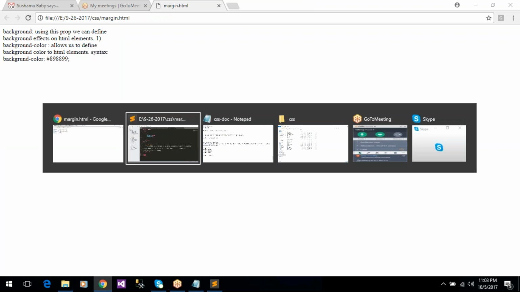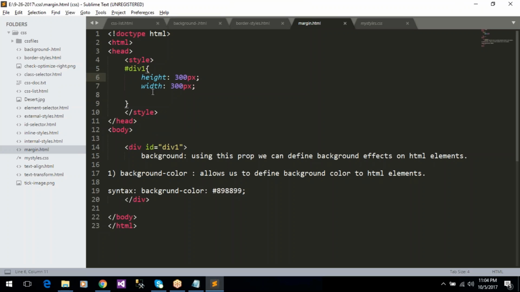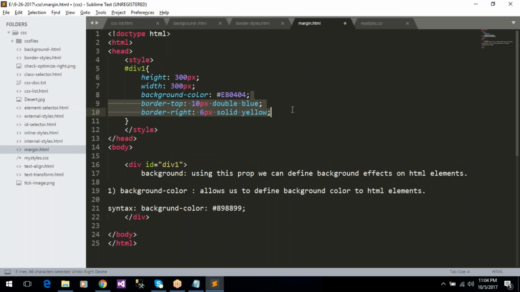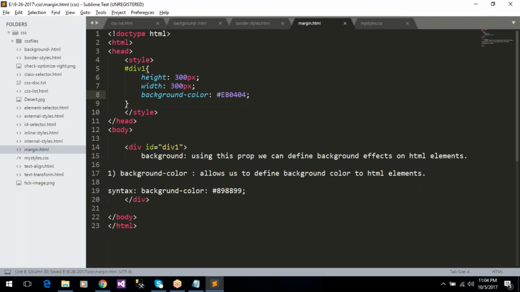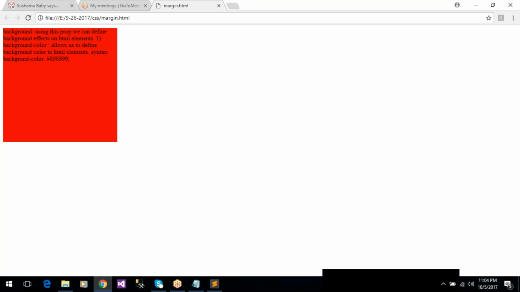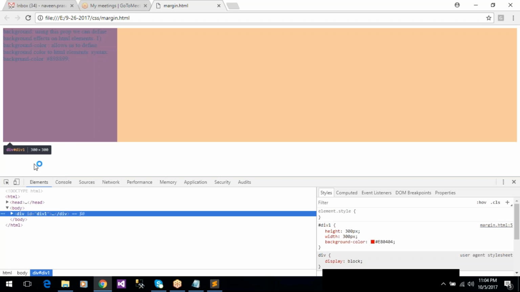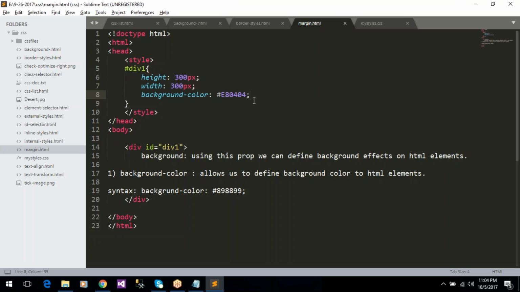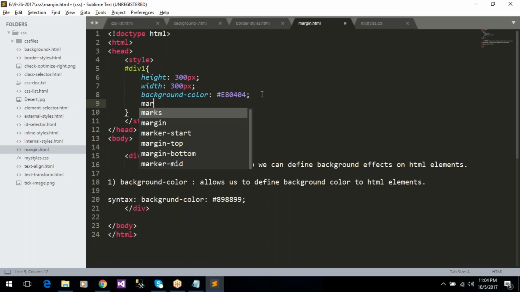Okay, and so only background, use only background color. Okay, div with the background color red color and div height and width. Okay, so now there is no space around the element. There is no space around the element, only div is displaying without any space around the element. So now if you need space around the element, use margin property